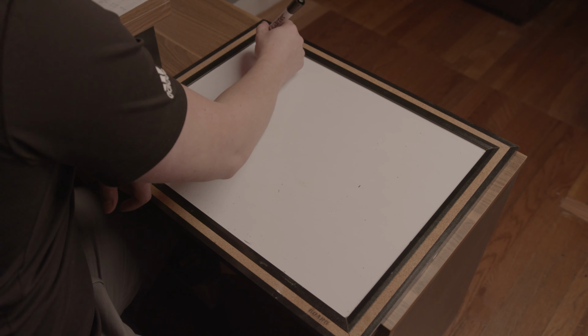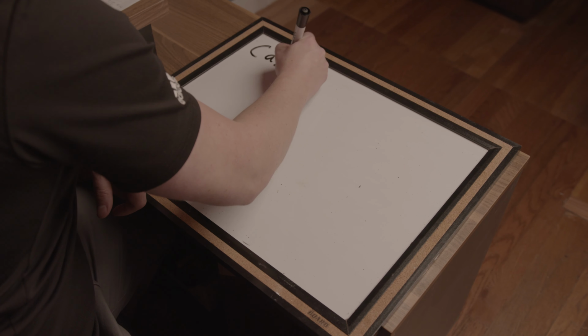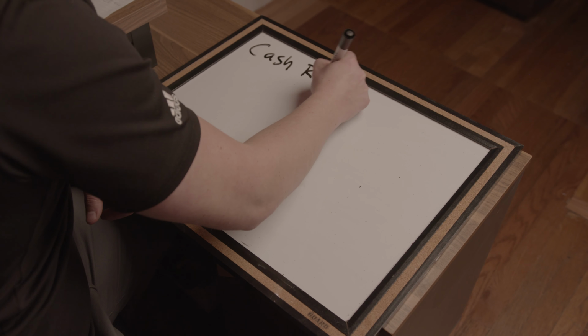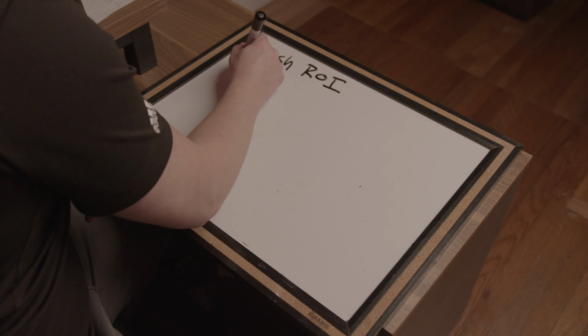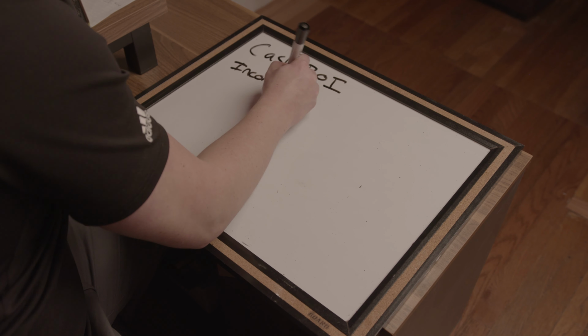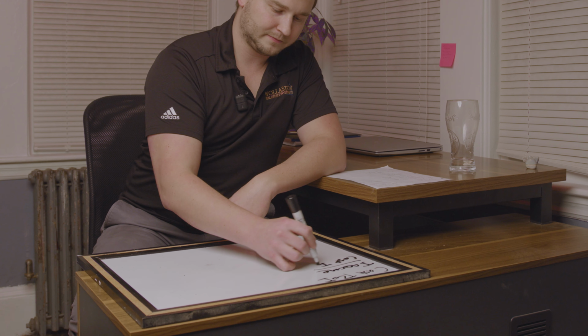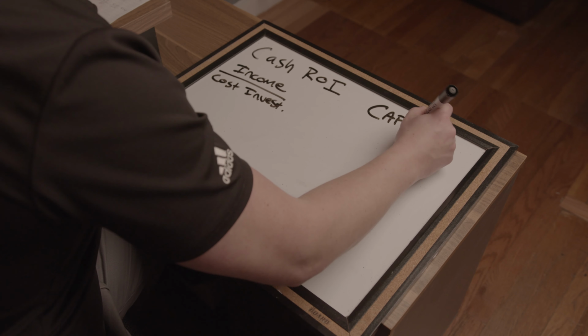So another tool when analyzing a piece of commercial real estate is the cash-on-cash return on investment. It's another tool to be used alongside the cap rate, which is arguably the most powerful tool in real estate. If you haven't watched my video on the power of a cap rate, I do recommend it. It's awesome. But for now, let's discuss cash-on-cash return on investment. All right, so an ROI is essentially income divided by the cost of the investment. Whereas the cap rate,